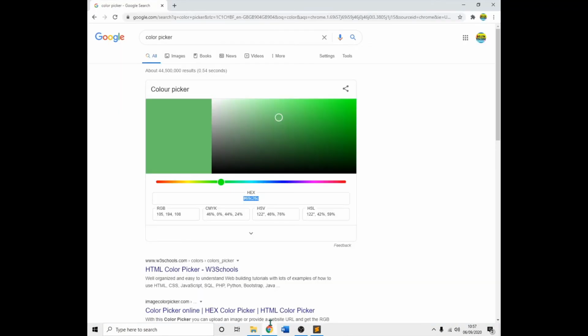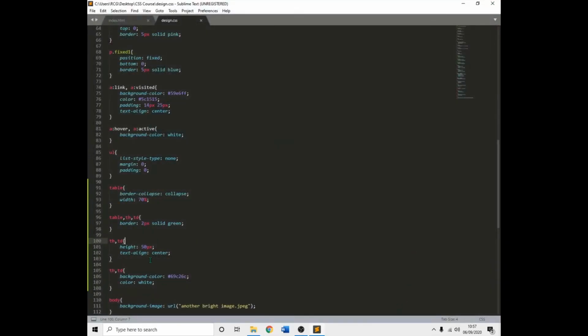So if we just go back, what really fits with green? We could do like a yellow. No, I don't think a yellow will work. Maybe around blue, maybe. So maybe like right here. Then if we just copy this, Control C, then if you just go back, right here, table. Oh no, we might have to do it separately. So if you just do table data separately right here,